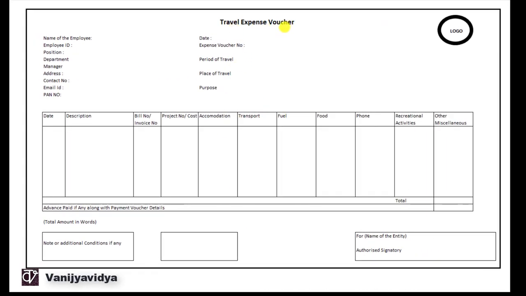This is a travel expense voucher. Okay. It is generally given by an employee or a manager of an employee when the employee travels for business purposes. So this is the logo of the company, name of employee, employee ID, position, department, manager of the employee, address and contact details of the employee, PAN number of the employee. Then here we have date, expense voucher number, period of travel, that is from to,